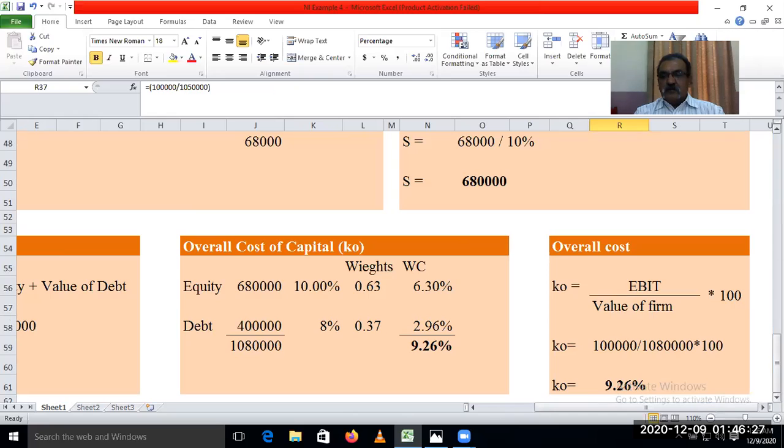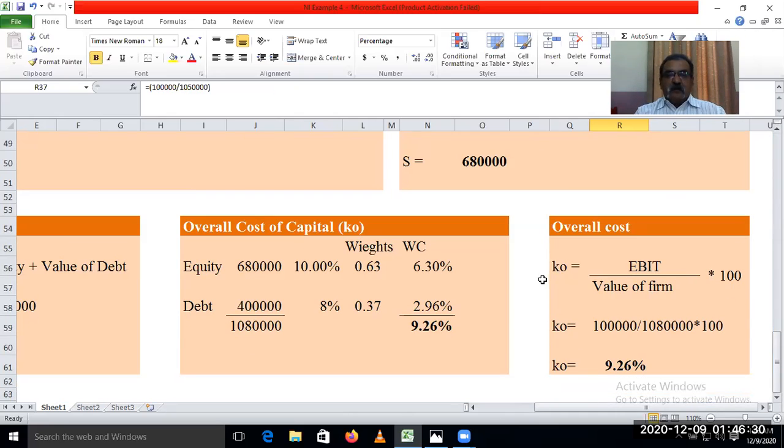Now, overall cost of capital by another way, which we saw in the first case. The formula is EBIT upon value of firm into 100. EBIT is rupees 1 lakh, value of firm which we have got is 10,80,000, into 100. If you calculate it, it is again the same, 9.26%. Again, I want to make it clear, no need to calculate overall cost of capital both ways. You can calculate it by either way. But just for your information, I have shown you these two different ways by which we can calculate